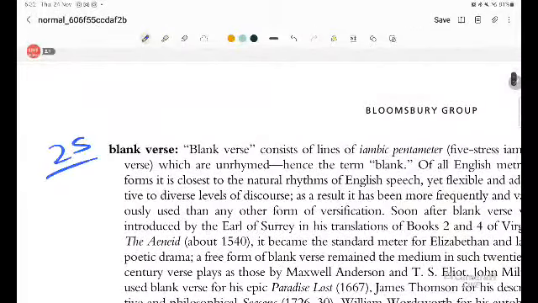Next is very important जो कि है आपका blank verse. Wait a minute, इससे पहले कि हम blank verse complete करें।